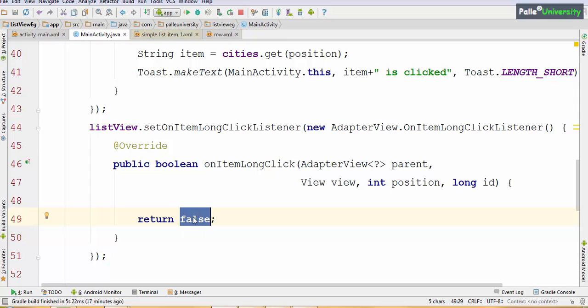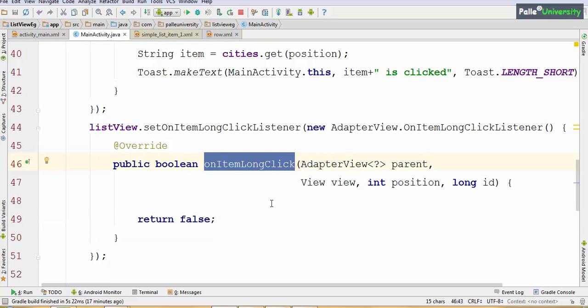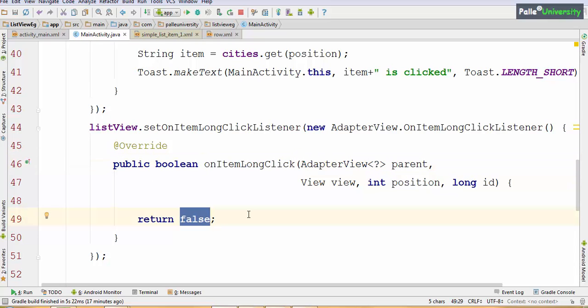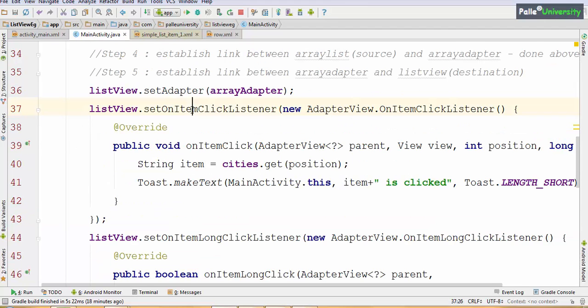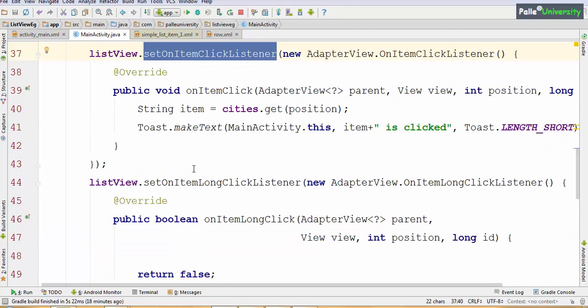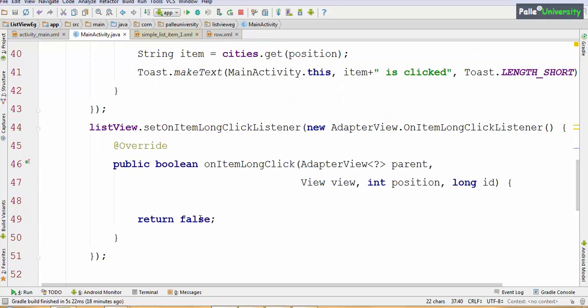If you return true, then Android will understand that you have successfully handled the long item click for this list view. If you return false, then the Android operating system will understand that you have not handled it successfully, and control will automatically go to this method also. If you don't understand what exactly I am explaining, let me show you a practical explanation.